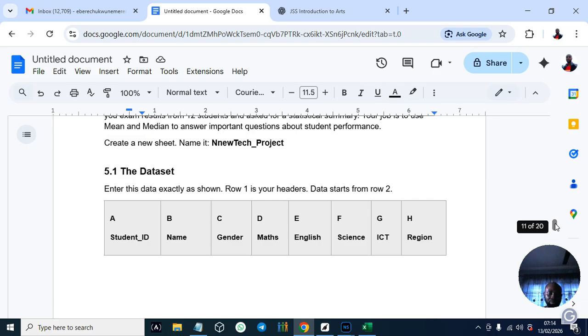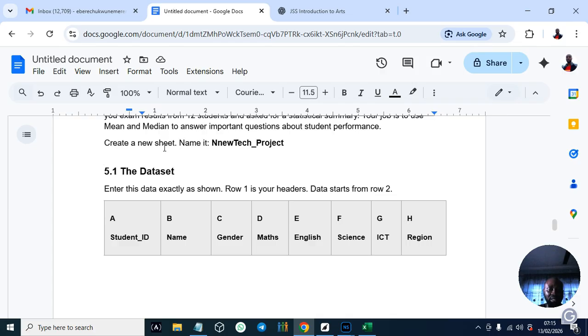Open a new spreadsheet. Like I told you earlier, don't be opening new Excel files. Just make sure that you open one. You name it practical or whatever, or use the one you have been using already. You can name it practice or project, anything. Now you only open a new sheet and rename that sheet so that all your work will be together. And ensure you are saving it. If you are using Microsoft, ensure you are saving it, or you will lose your work, and it's very painful. It has happened to me when I was coming up, so I wouldn't like it to happen to any one of us. It's very painful, honestly, most especially when the class is fast coming.